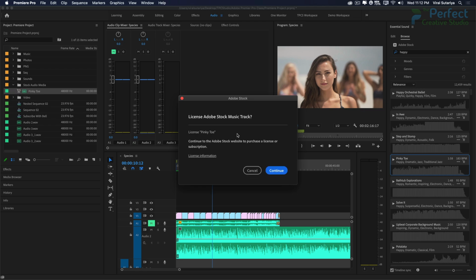If you have Adobe Stock packages, you can buy them from the Adobe Stock website. Currently I don't have any packages, so I need to purchase from the Adobe Stock website. But if you have already purchased, you can see the Confirm button here. After you click Confirm, you will get a license code, so click Confirm to license the audio tracks. After confirmation, Premiere Pro downloads a high quality .wav file and replaces the preview automatically throughout your project.